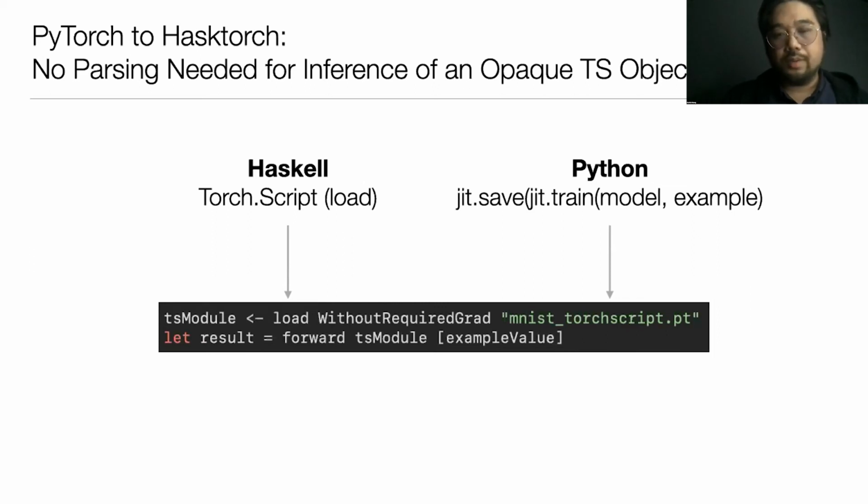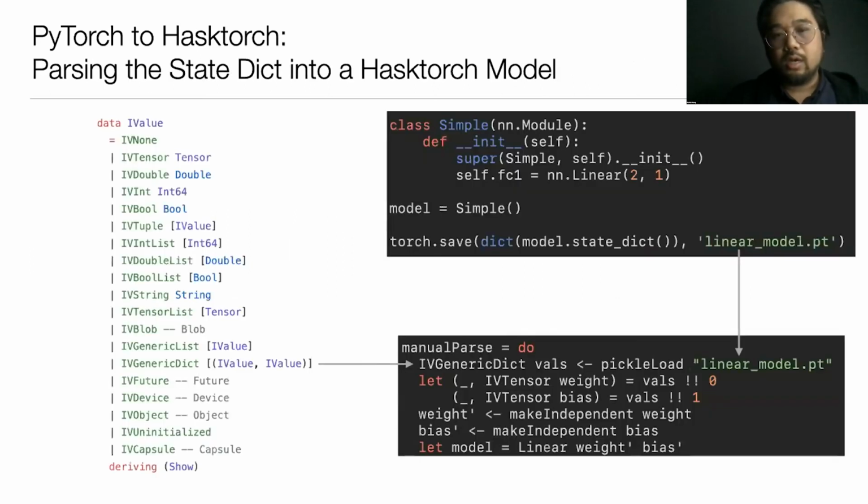If I want to do a little bit more with the model, let's say I want to fine-tune it, train it a little bit more, or introspect the insides, rather than loading the computation as this opaque intermediate representation object, I can also parse the parameters into a Hasktorch model. This is what you do if you want to pull out different values, or if you want to update the model some more.